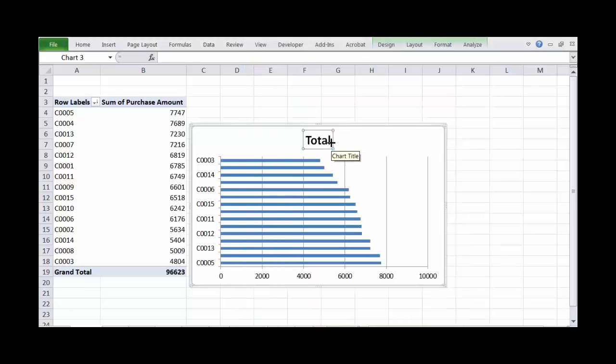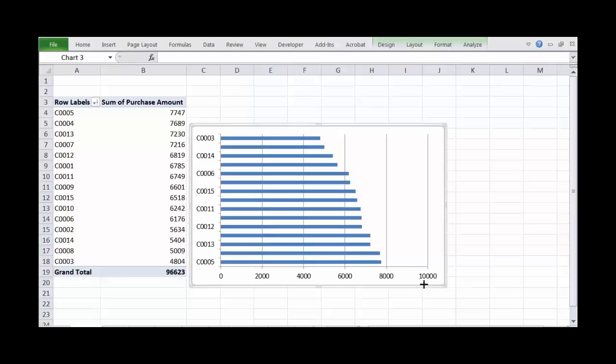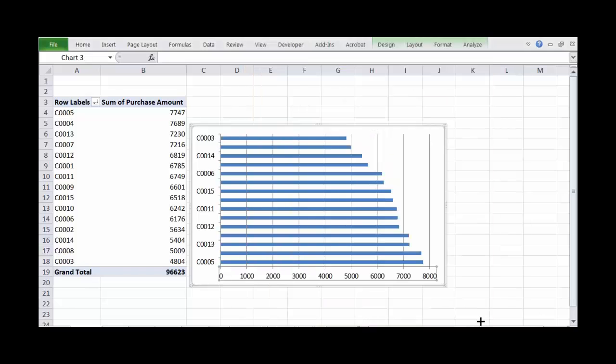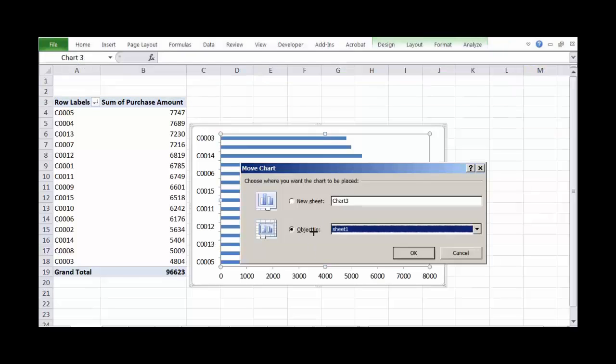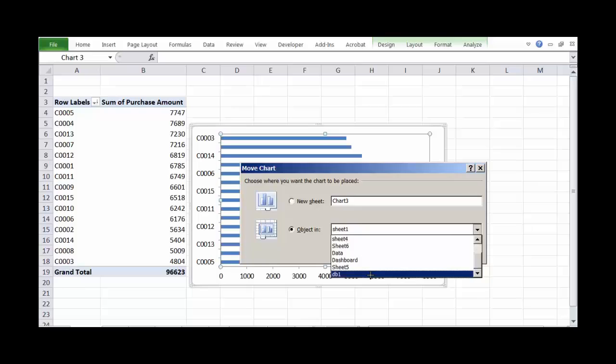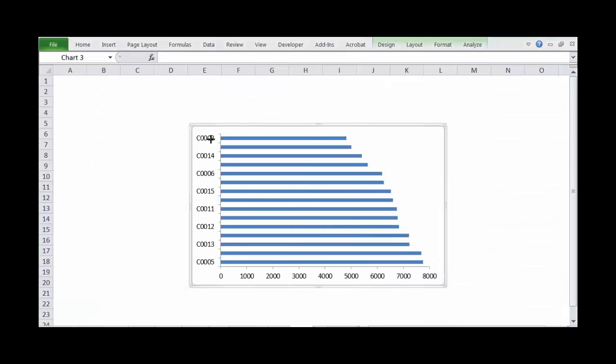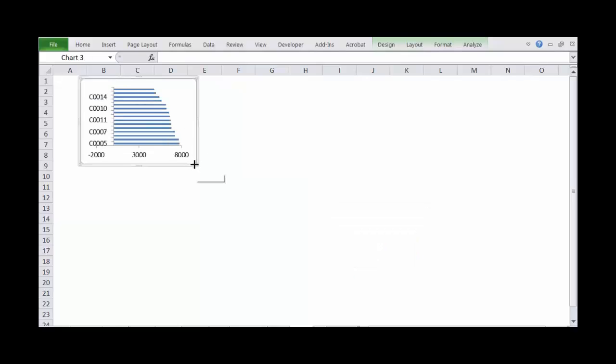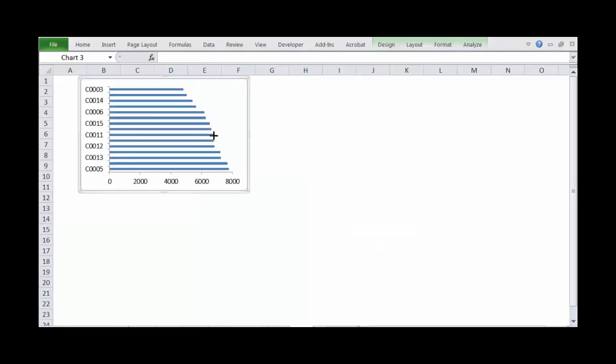Let's say suppose we have done all this in the graph. We can change it. Note that this is coming to 10,000. I can change this format axis and make it, let's say, 8,000. So this is now a fine looking chart. Even if you want, you can remove this also. You can move this chart and make it an object, and we have created DB1, we move it. So the new chart has come. I will paste it over here. Note that you can do various designs.